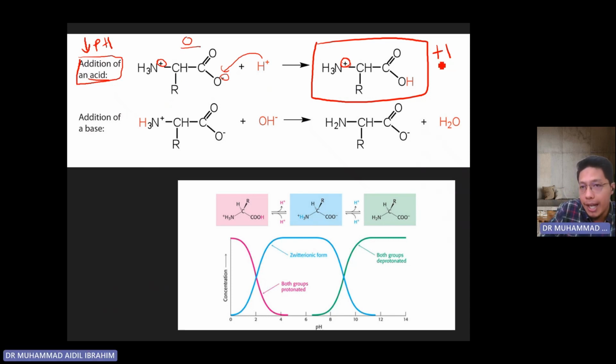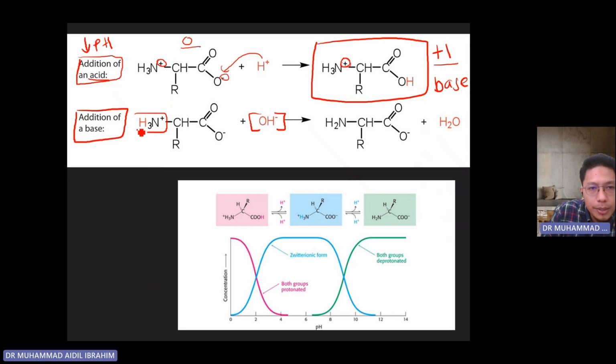So in this case, when it has a +1 charge, this amino acid will act as a base. When it has a +1 net charge, it will act as a base. So let us see if the amino acid was put in a basic solution. What will happen? Again, in basic solution, it has a very high hydroxyl ion instead of hydrogen ion. So this hydroxyl ion will be